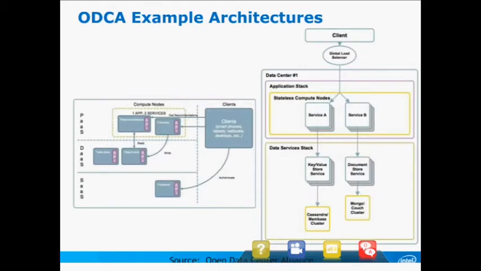So as an example architecture from the Open Data Center Alliance, here are a couple of reference architectures from them. On the left, we have a single app that's decomposed into some different modules that all use APIs to communicate with each other. So they use infrastructure as a service or platform as a service to deliver the classic logic tier. Then an API is used to connect to a persistence tier, whether that's a table, a database,